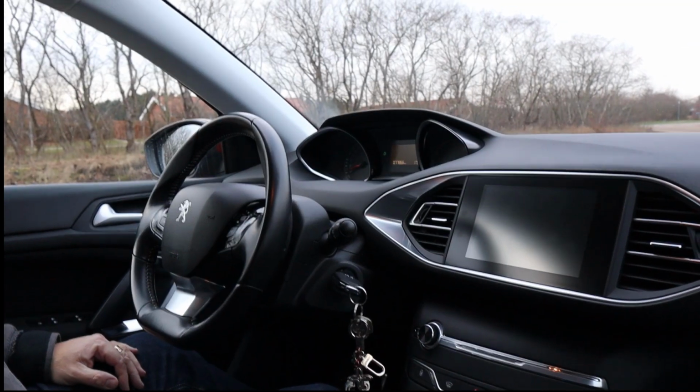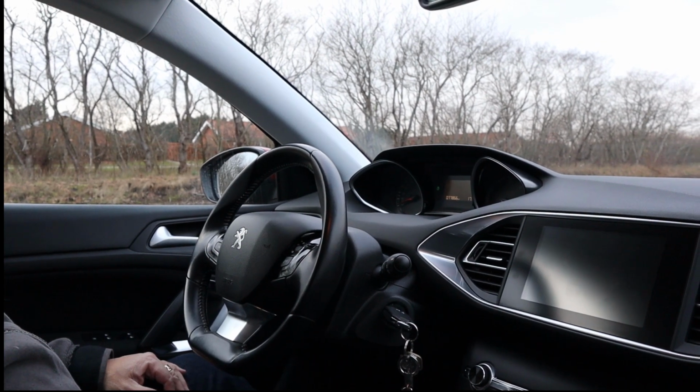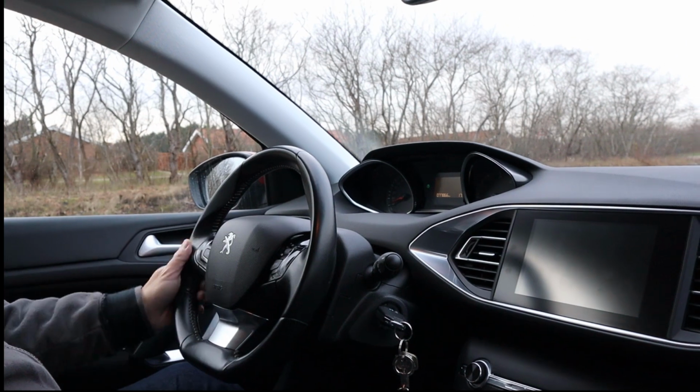So that was a bit on the outside of the car. Let's continue inside. It's not that great of weather now. It's a bit cold. Let's go inside. Well, first of all, when you get inside of the car here,